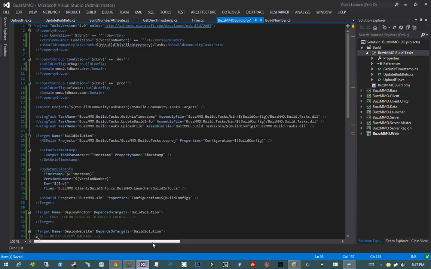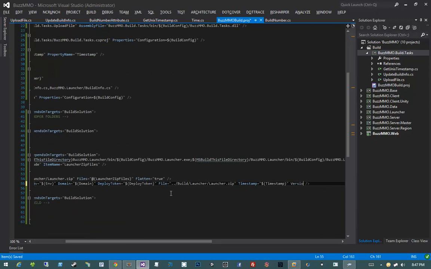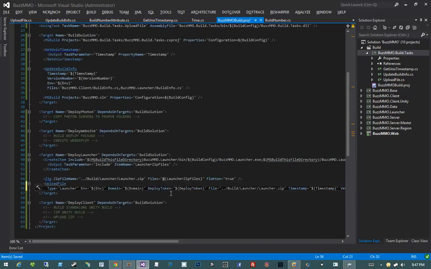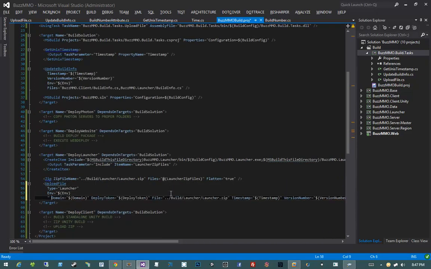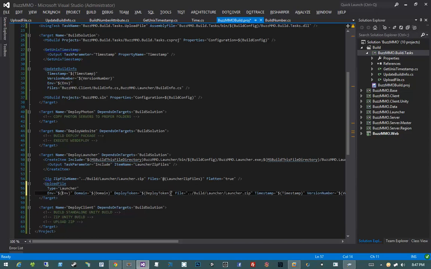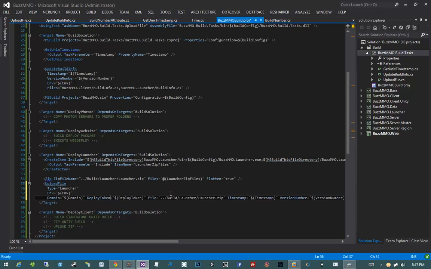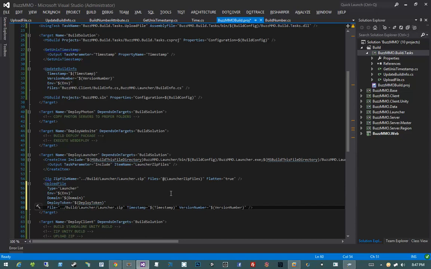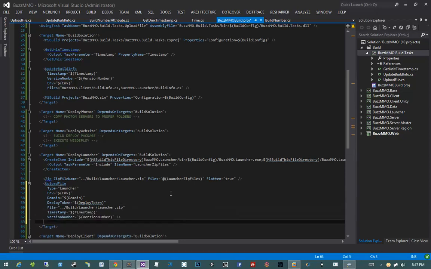Version number. So I'm going to say version number equals version number. So we have our type, which is equal to launcher, environment equal to environment, domain equals domain, deploy token equals deploy token, file equals the launcher. Then we pass in our timestamp and our version number so that we can pass along the build number of